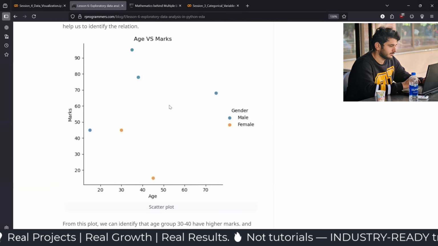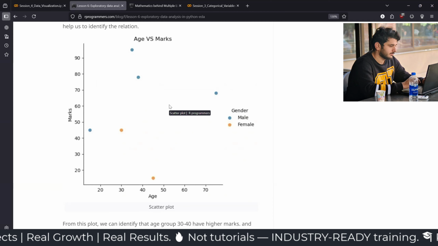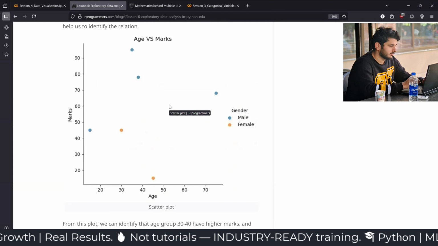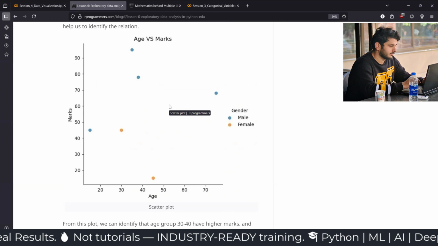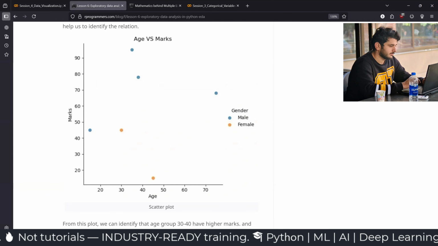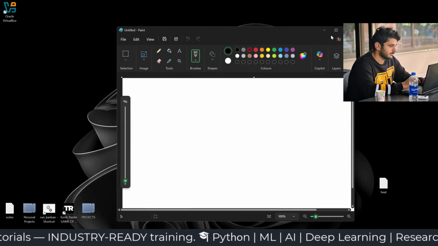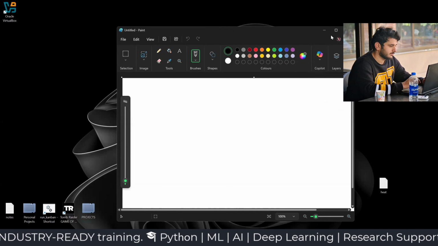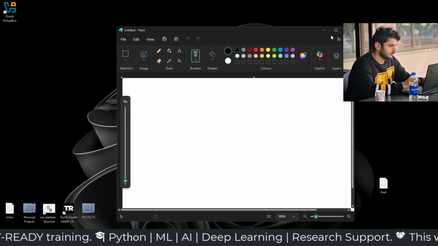No, that's what we call a scatter plot. Now, why do we need to create scatter plots? Scatter plot basically helps us to identify relationships. For example, before that particular session, when we were talking about data cleaning and data preprocessing, we stated that we